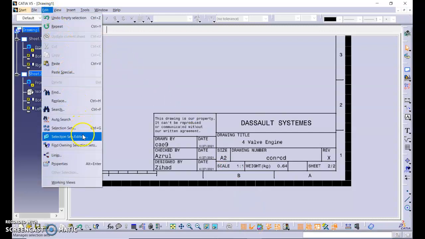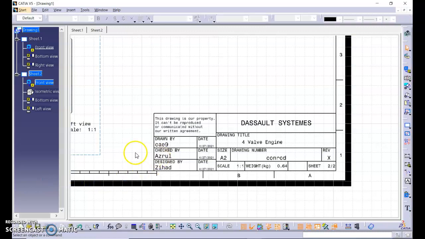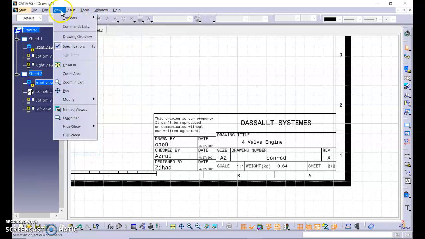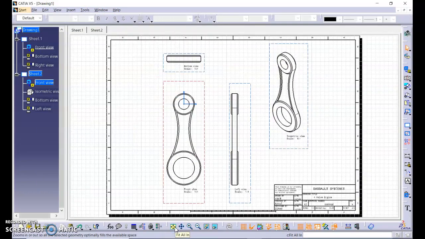So actually there are two views. First is background, second is working. Background has a gray color here. If we go to working views, it will be in white color. This is the difference between sheet background and working views. Let's return and fill all in,